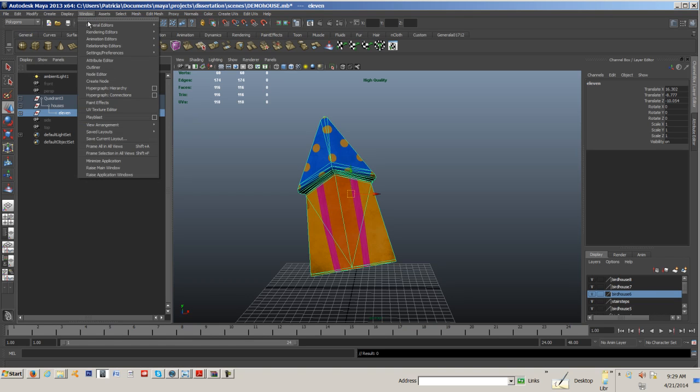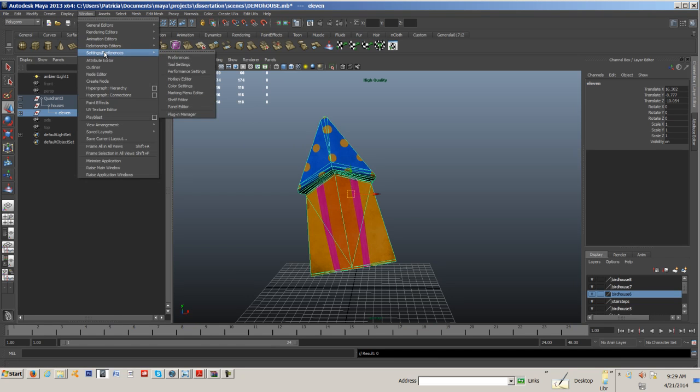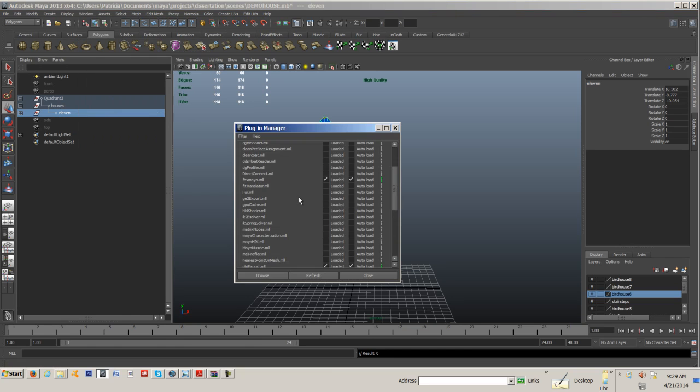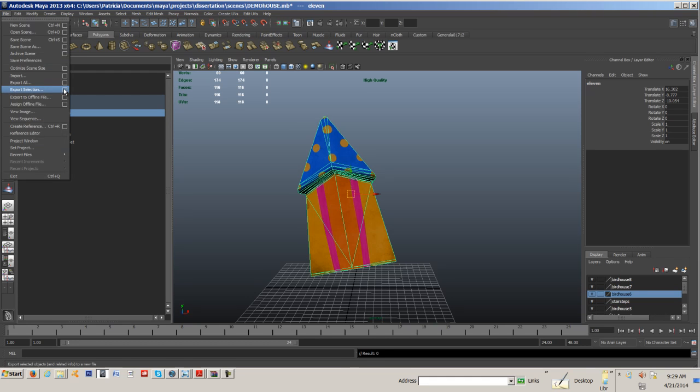First I have to make sure that I can do an FBX export. So I go to Window, Settings, Preferences, Plugin Manager, and I make sure that FBX Maya is turned on, loaded. Close. So the way I got to that window: Settings, Preferences, Plugin Manager, FBX to Maya is loaded. Now all I got to do is make sure the entire item is selected and go File, Export Selection,